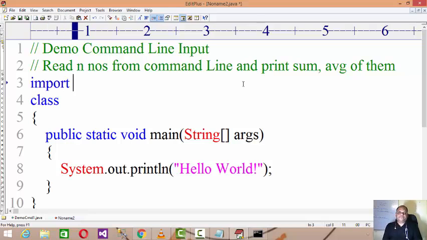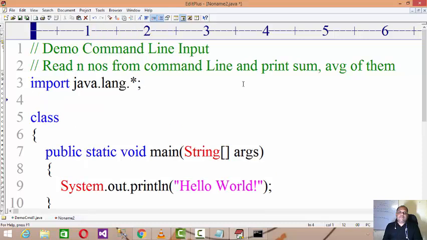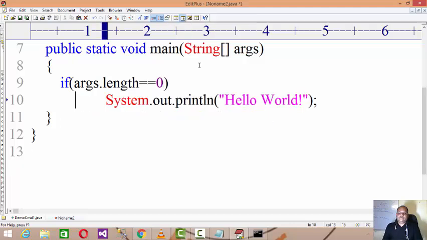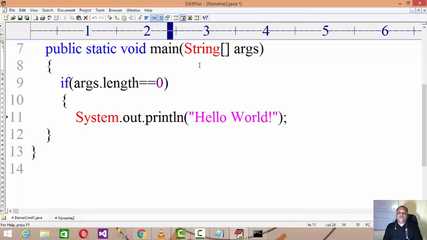So I'll import java.lang.*, then class demo cmd2, right? And then here I will write if args.length equal to 0, obviously I need to print there is no data input,